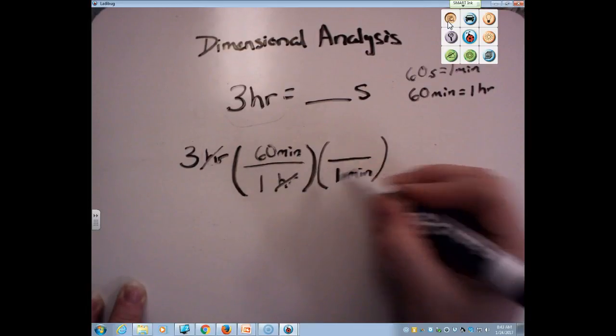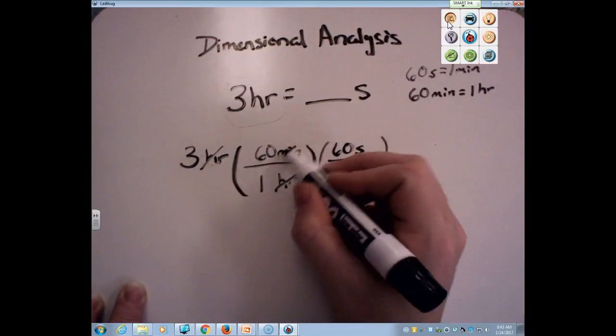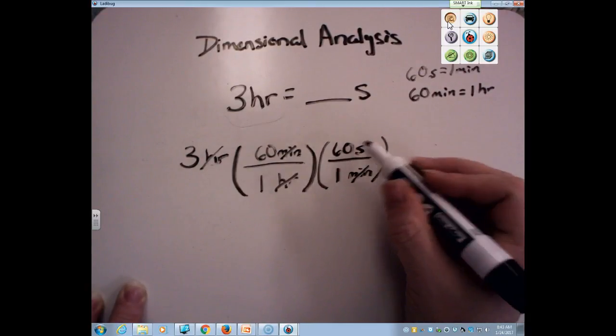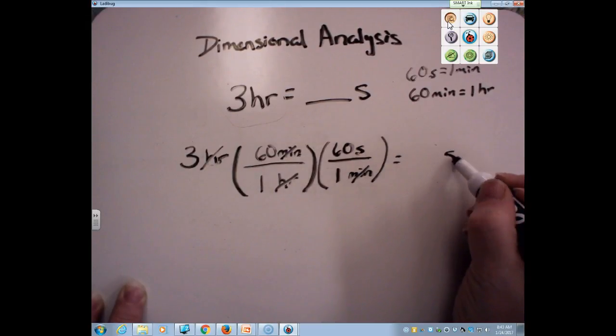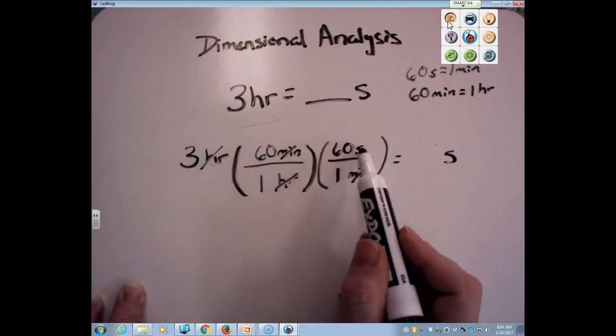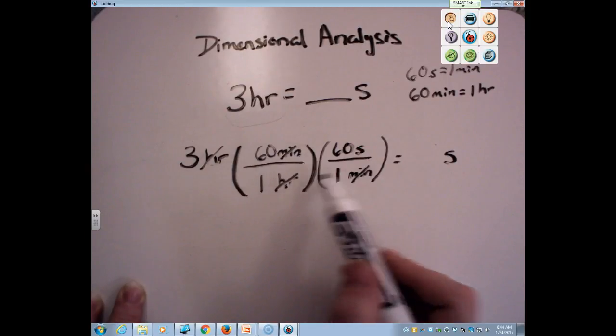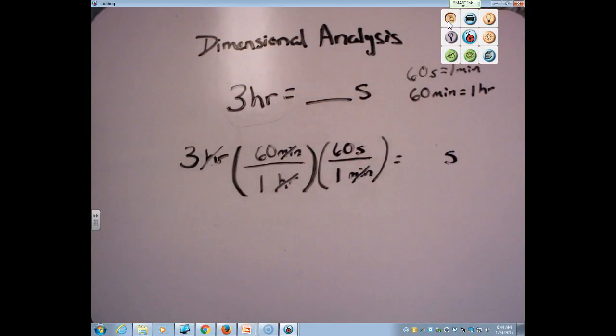And so in 1 minute there are 60 seconds. Minutes cancel out. Now I have seconds. That's the only unit that is left, and that is what we wanted, so I'm finished. I'm going to go ahead and write it here so that I don't lose points for not putting units. Now I'm just going to multiply everything on top together and divide by everything on the bottom multiplied together. Here it's pretty easy because everything on the bottom is 1, but that's not always the case. So 3 times 60 times 60 gives me